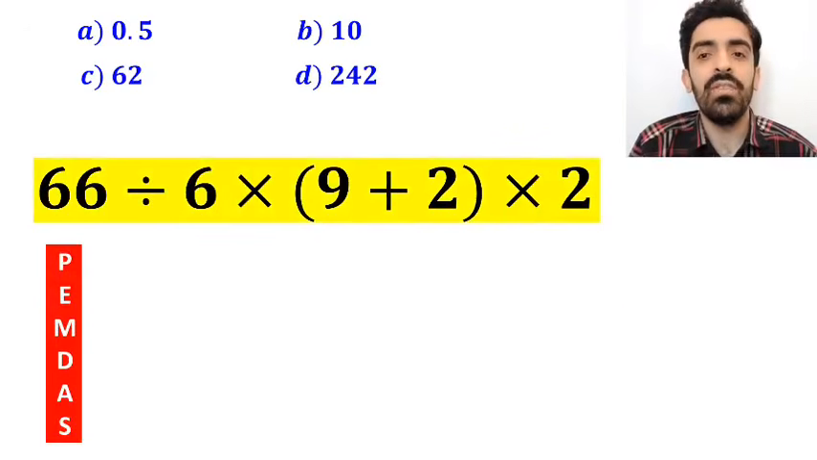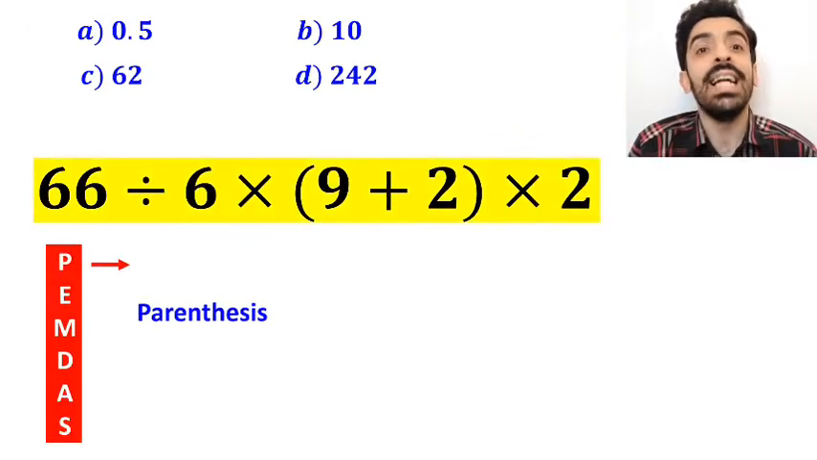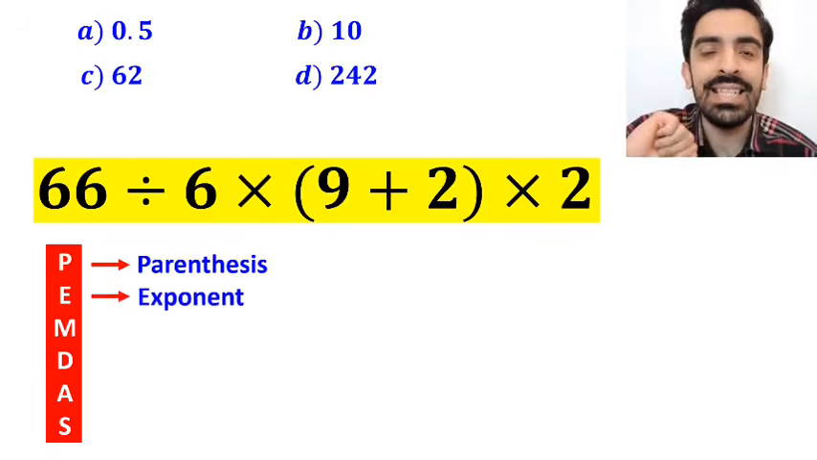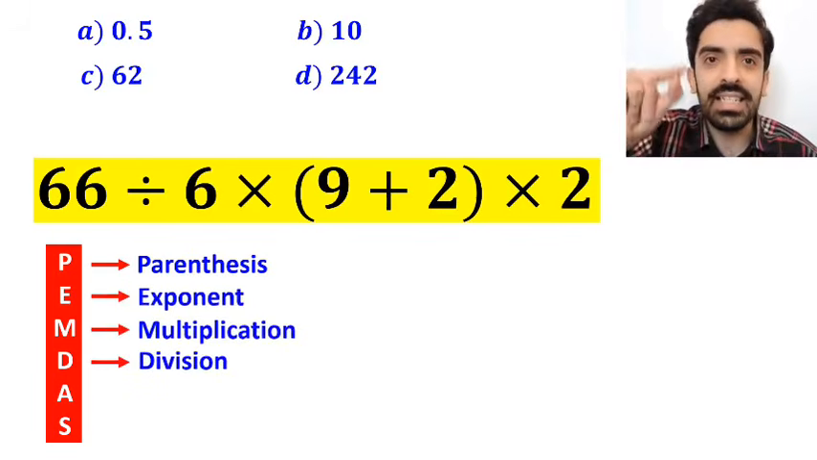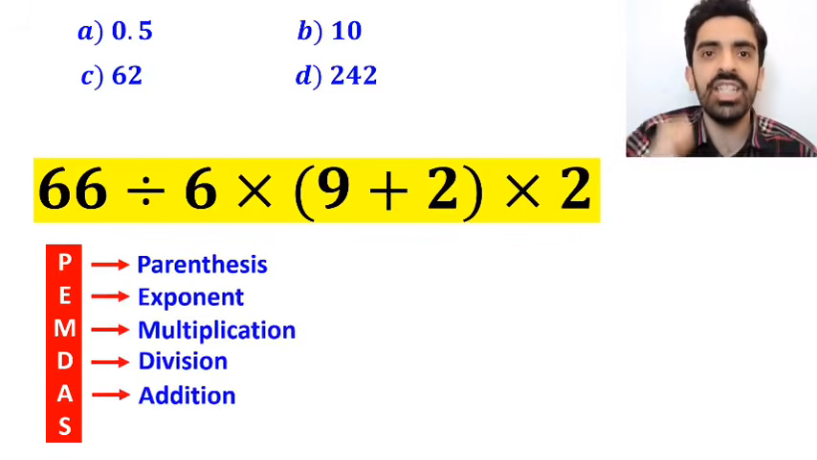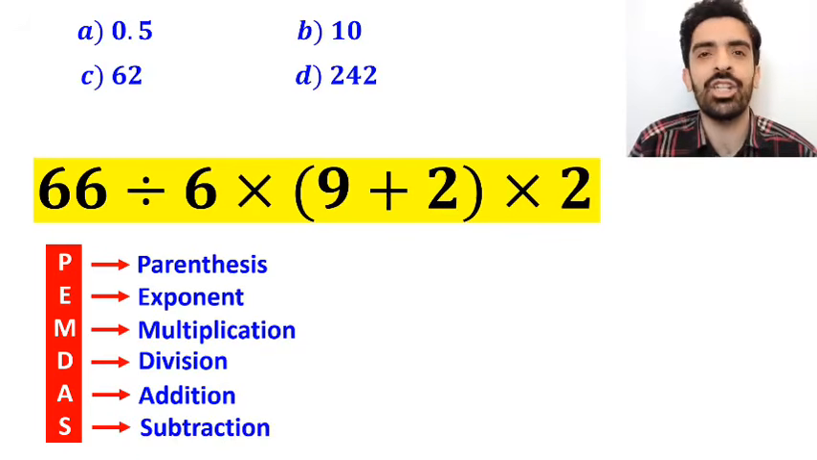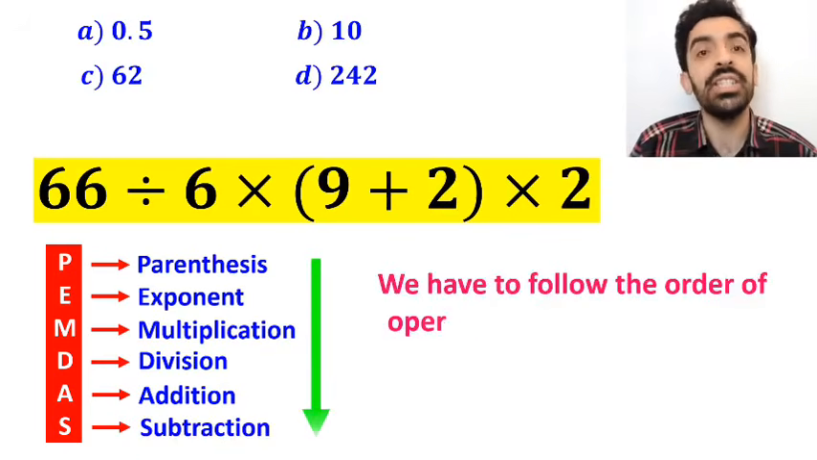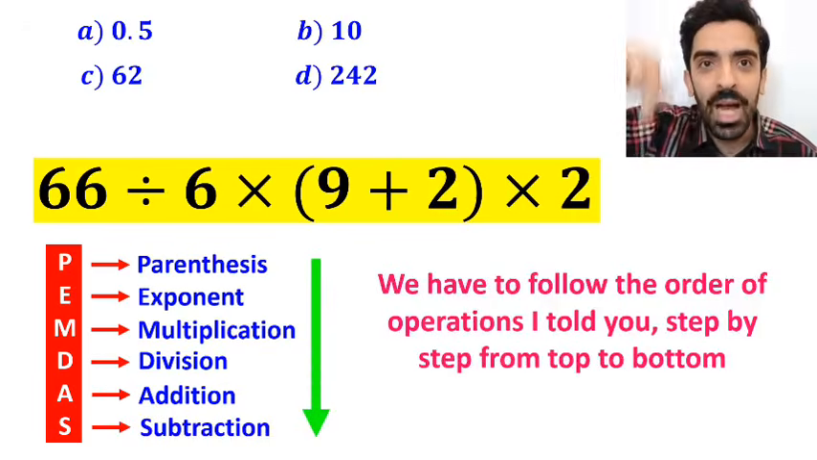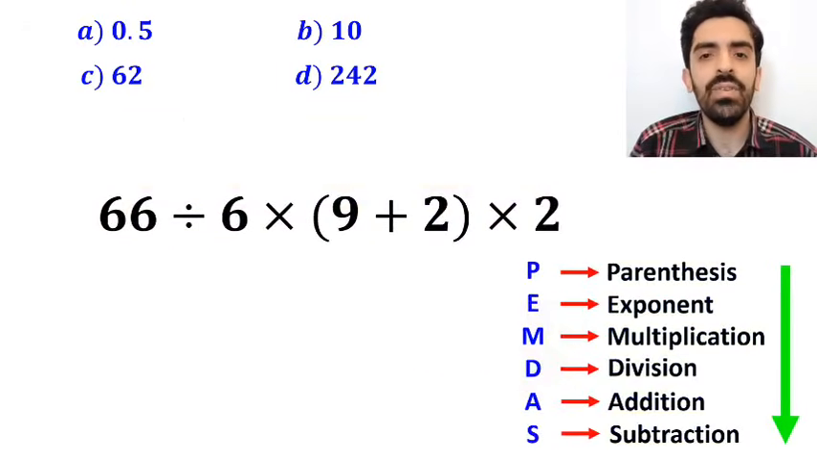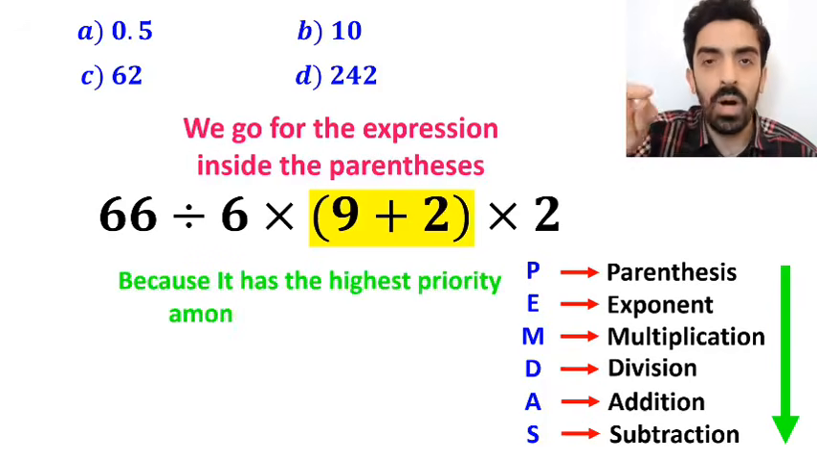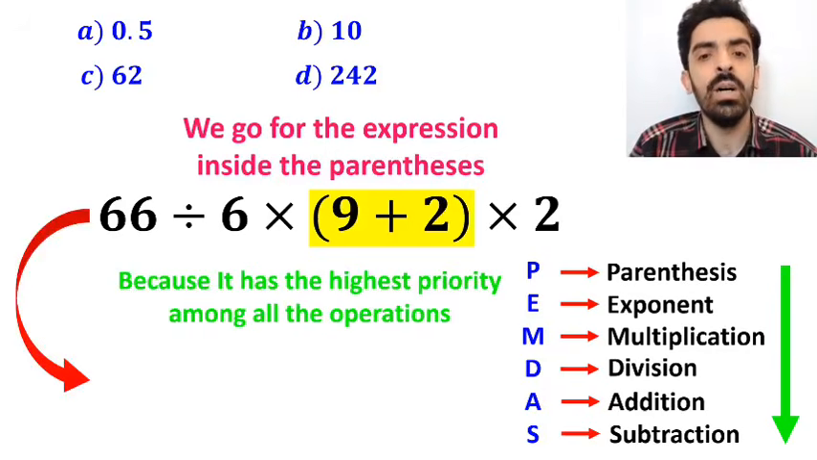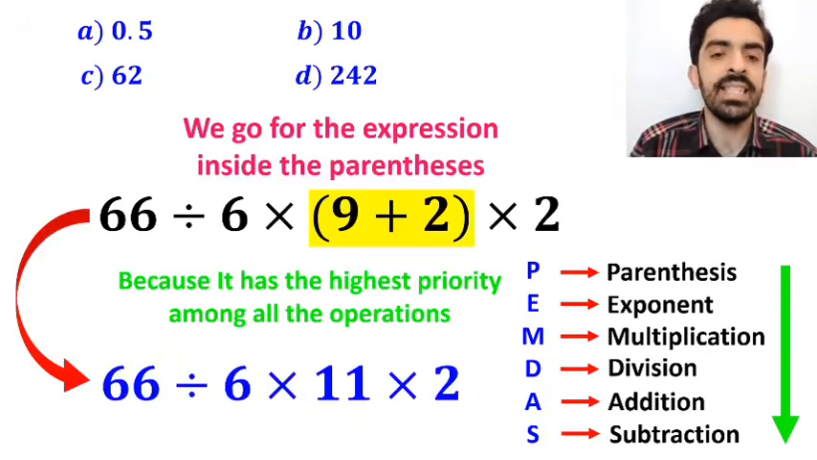To solve this question, we must follow a rule that is called PEMDAS. In this rule, P stands for parentheses, E stands for exponent, M stands for multiplication, D stands for division, A stands for addition, and S stands for subtraction. We have to follow the order of operations I told you, step by step from top to bottom. Okay, and the first step, we go for the expression inside the parentheses because it has the highest priority among all the operations. So, instead of this expression, we can write 66 divided by 6 multiplied by 11 and again